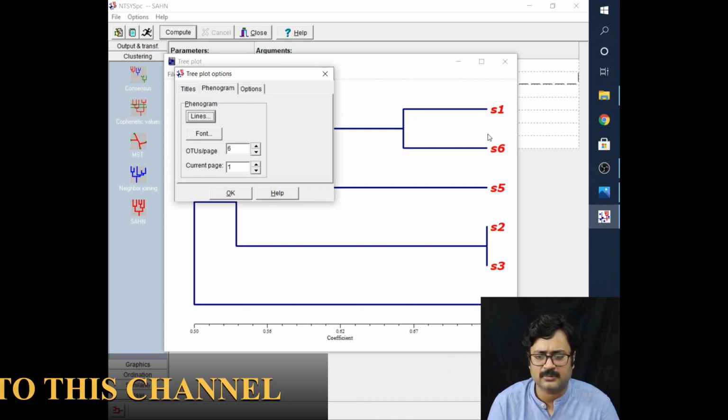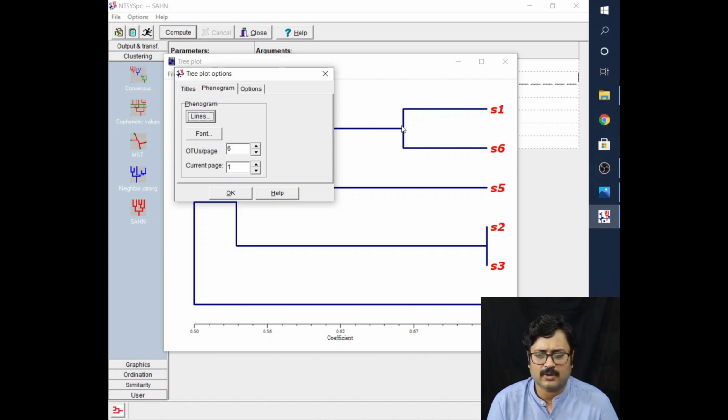You cannot actually make out where these particular lines are breaking and all those things. So for that, what you can do is divide them into 2 or 3 pages. That is, suppose I want the first 3 to be shown in the first page, and the other 3 to be shown in the other page.